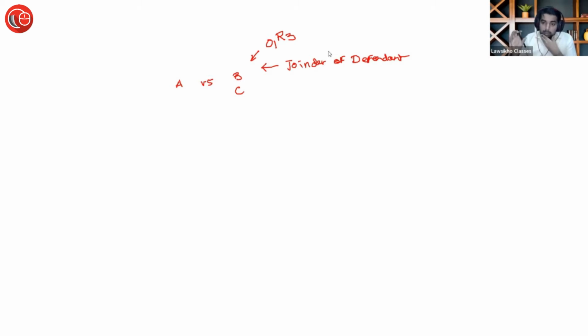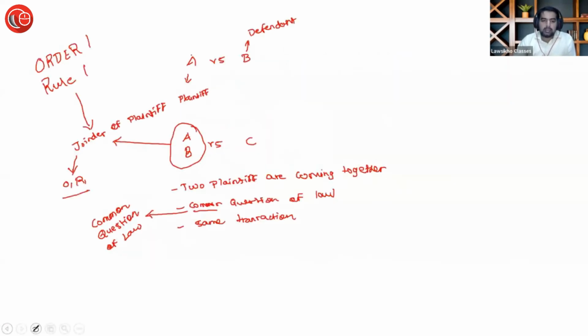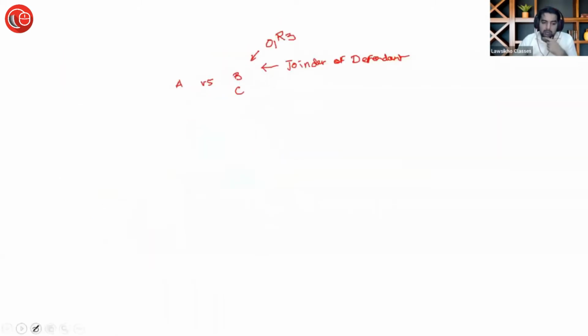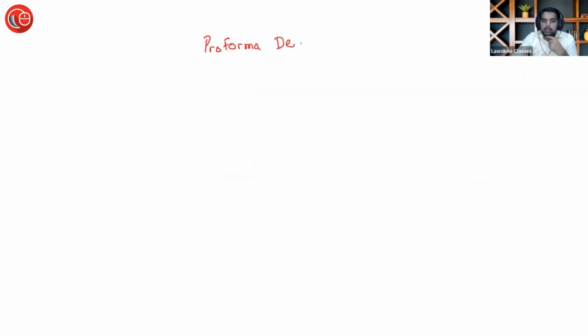Fine. Now there is one peculiar type of defendant. There is one interesting type of defendant we call pro forma defendant. Now ये तो सही, these are ordinary defendants. ये सारे defendants, whatever you have seen, these are ordinary defendants. They have a conflict of interest. They are in true sense defendants. There is one fellow who is a pro forma defendant. Now look at the name, pro forma. When I say pro forma, I mean to say that this fellow is a defendant, but this fellow is a defendant for namesake. मतलब नाम के लिए defendant रखा है.